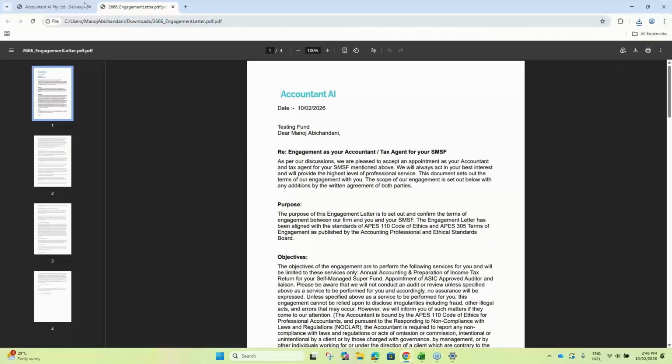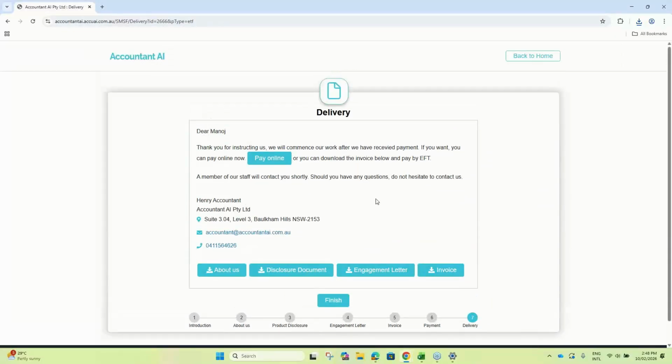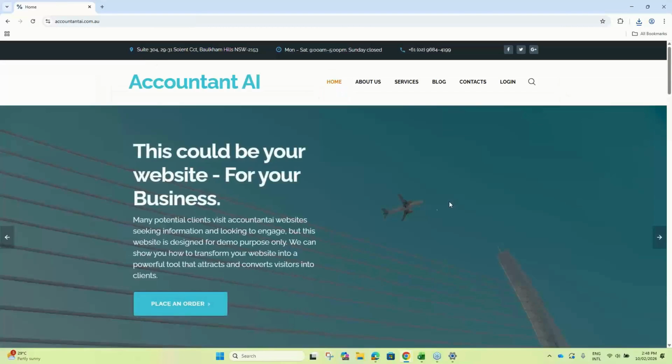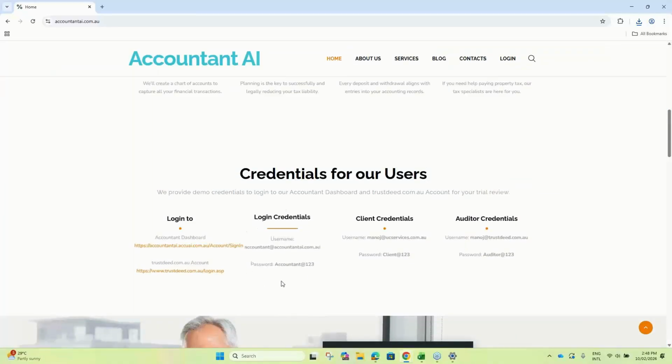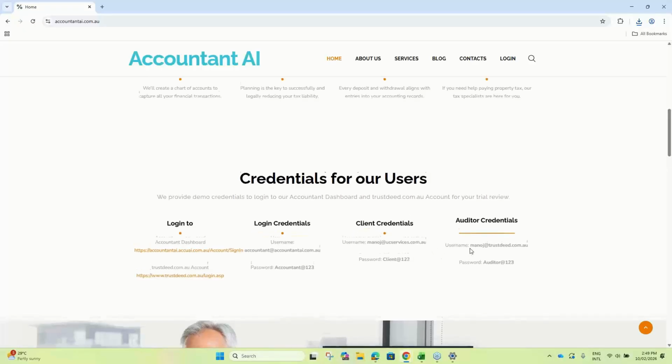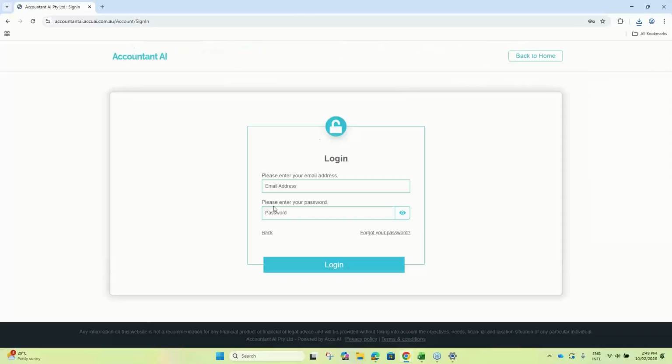Now, what happens from here on, I'm just going to close this for a moment, is that you get an email as an accountant, and then you log in. And remember earlier on, I told you that I have provided the credentials. As you can see, you are the accountant, so the accountant will log in as himself, and you can have as many staff members as well, but we're not going to go into that. The client can be given a portal, and then the auditor. So I'm going to show you all three of them,